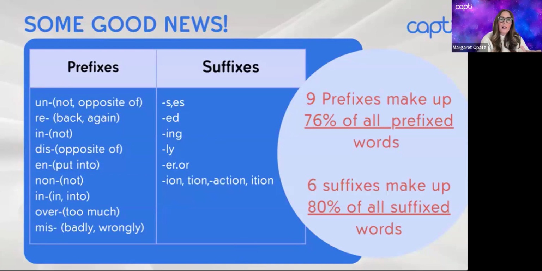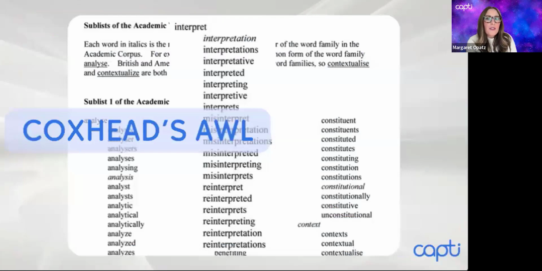So those are really helpful in terms of teaching, but we know that there's more that students need to know. And one of the best resources that I've come to know is really Coxhead's academic word list. If you're not familiar with this, it's a really great resource, and if you just Google it, there are tons of resources out there on it. But Averil Coxhead put together this academic word list of the most